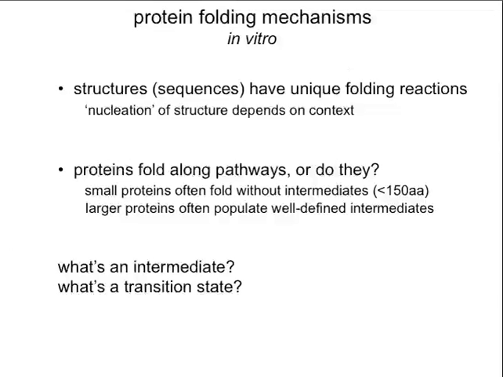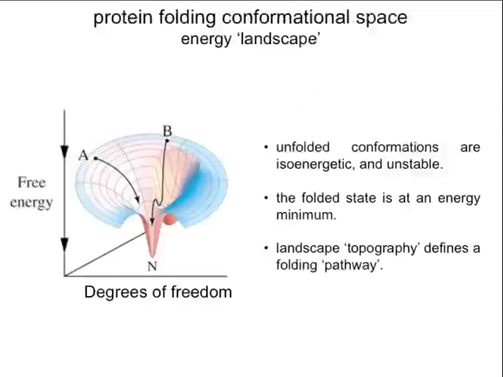Suffice it to say today that these two ideas, identification of folding intermediates and identification of structures that are important for the transition state of protein folding reactions, are both important to understanding folding mechanisms. Thinking a little bit harder about mechanisms,